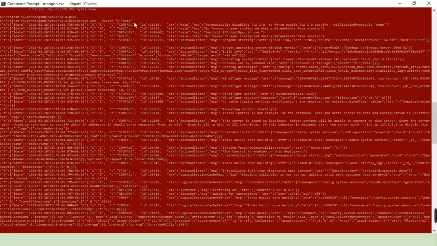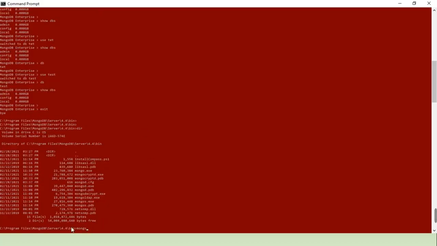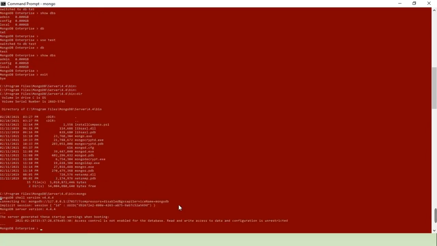We need to start the database process this way every time. Otherwise, we need to set the environment variables. We need to start the service first, but once the service is started successfully, we can go to this location and run mongo. So it will be connected, and the MongoDB shell prompt will come out.